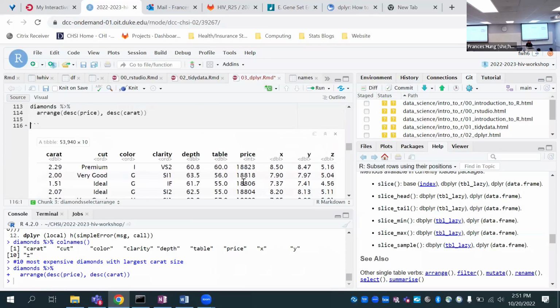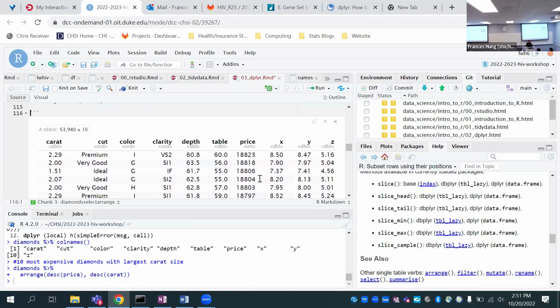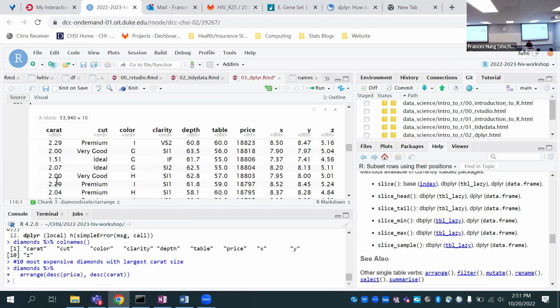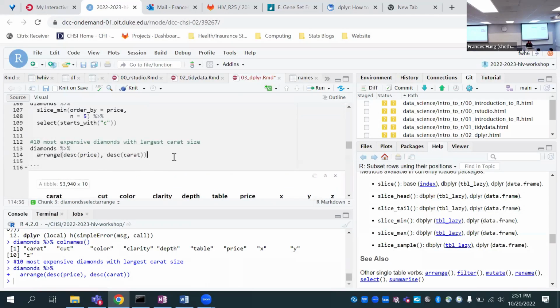Yeah, it looks like it's decreasing in price. And I'm not sure if there are any ties. I think there actually is, there's a tie over here. And the bigger carat is first, so that's good. So this is one way of doing it.